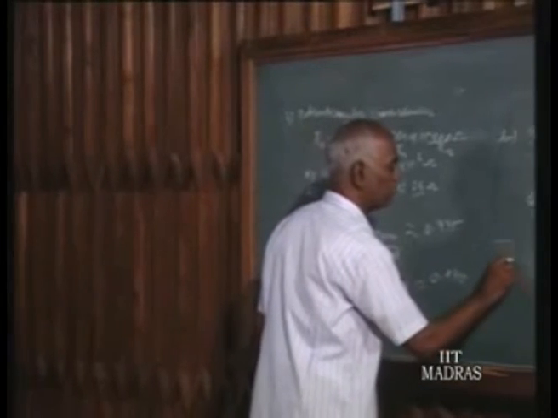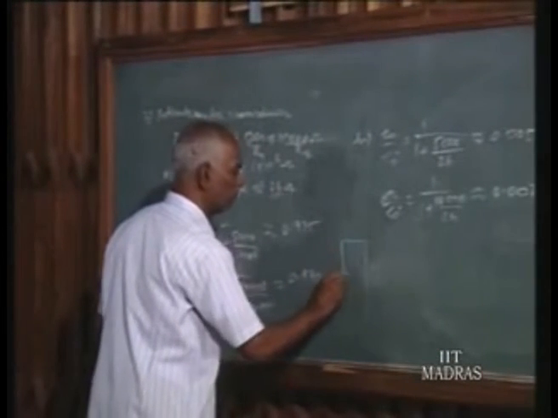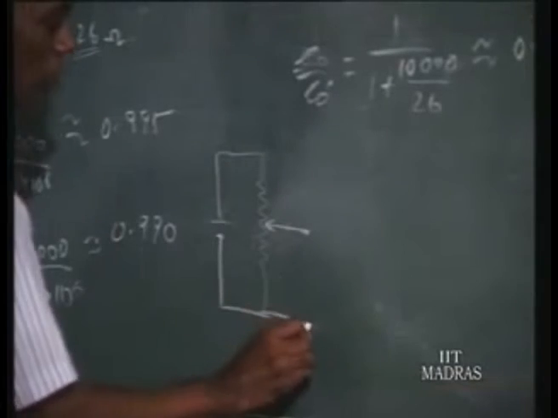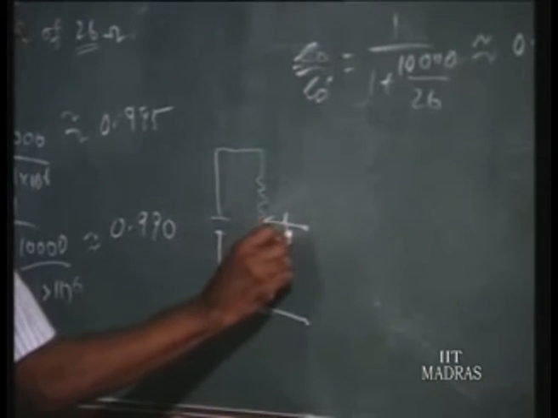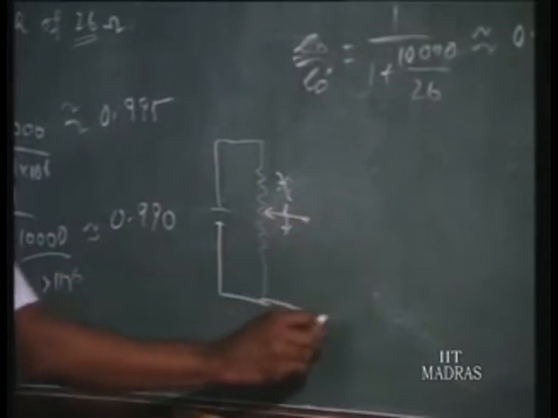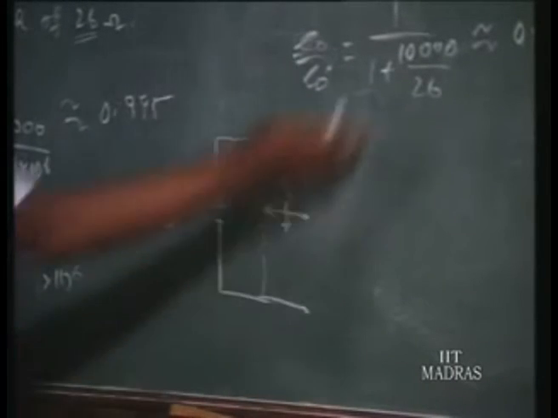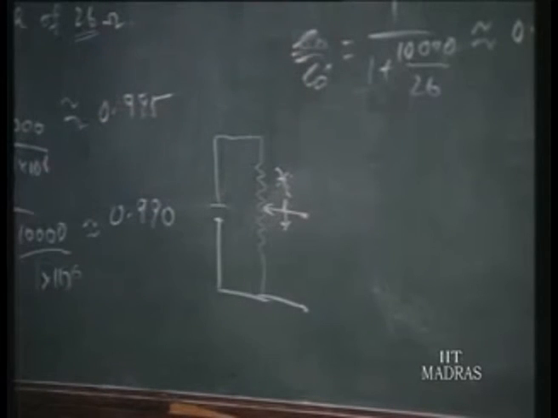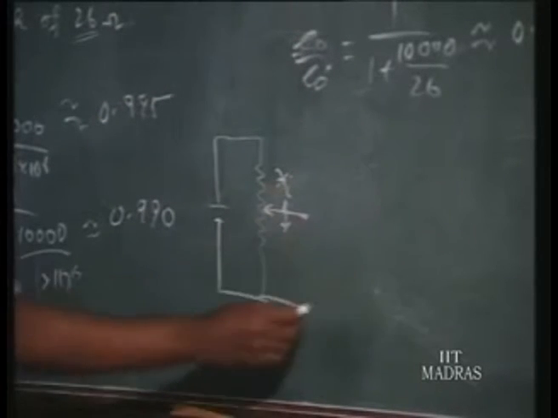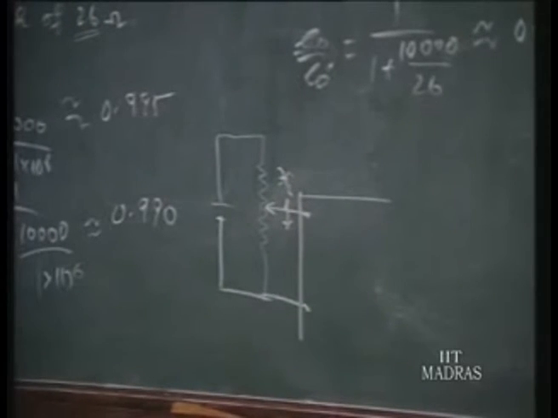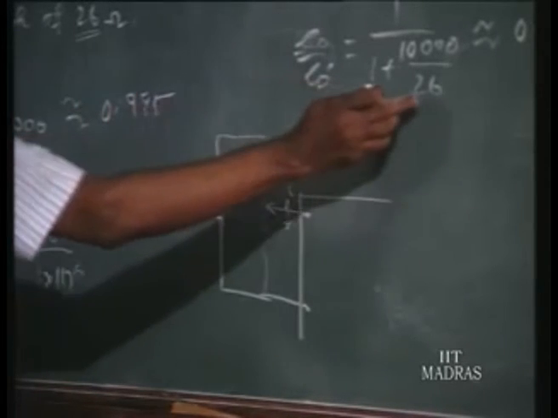To make use of this, we draw this again, the potentiometer transducer with its excitation voltage. These are your output terminals. This is our Xi, the input displacement, given here. We have got the output voltage. Instead of reading through the oscillograph, where the loading effect is varying within wide limits, you connect a device which will have a high input impedance, just like an oscilloscope, but a different one. We want to make use of the oscillograph here.